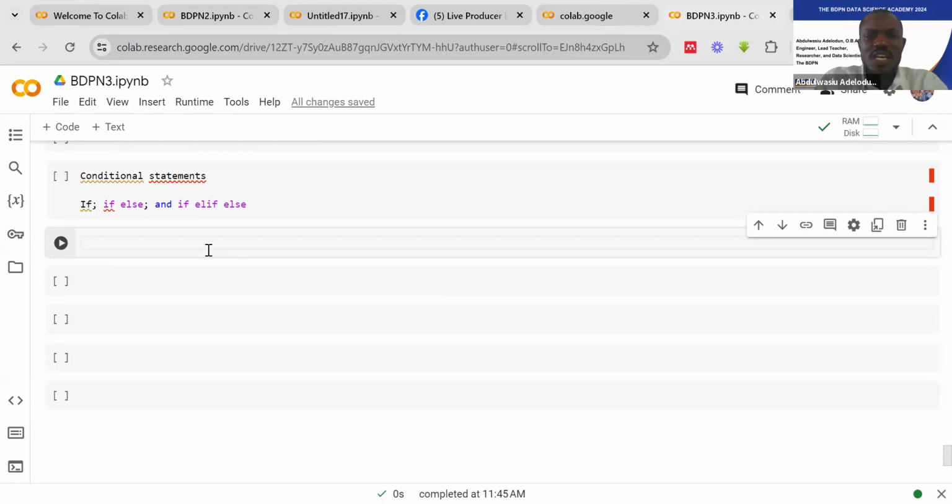For example, if you have a list of students and their ages, with an age range of between 15 to 30 years, and you are only interested in people that are less than 20, so you already have a condition. You can give a condition like if the age is less than this, do this. Or if the height is less than this, do this. For example, let's have